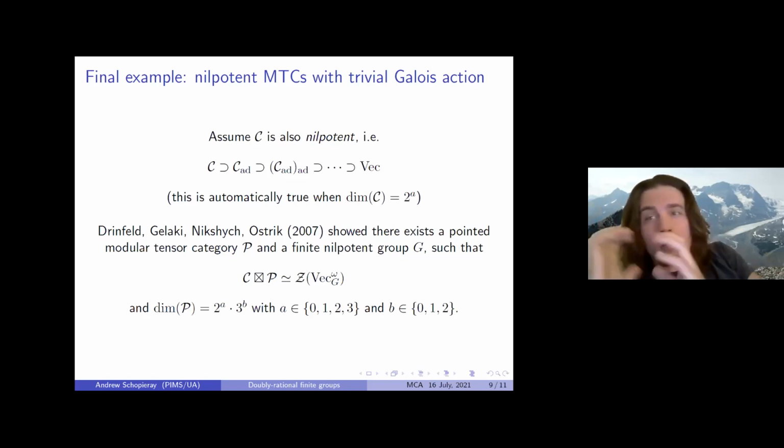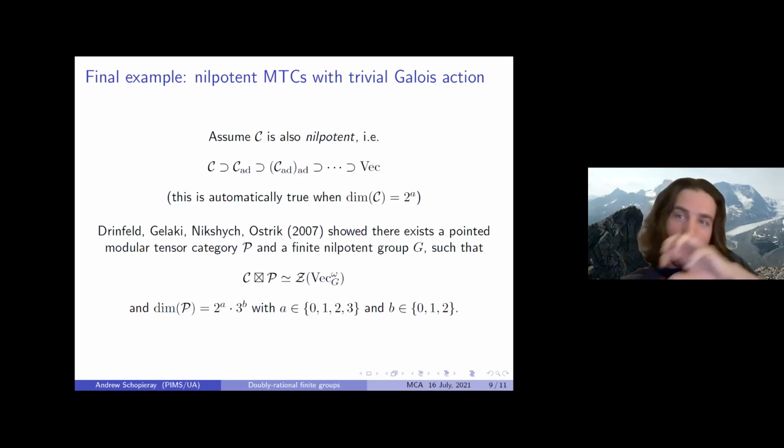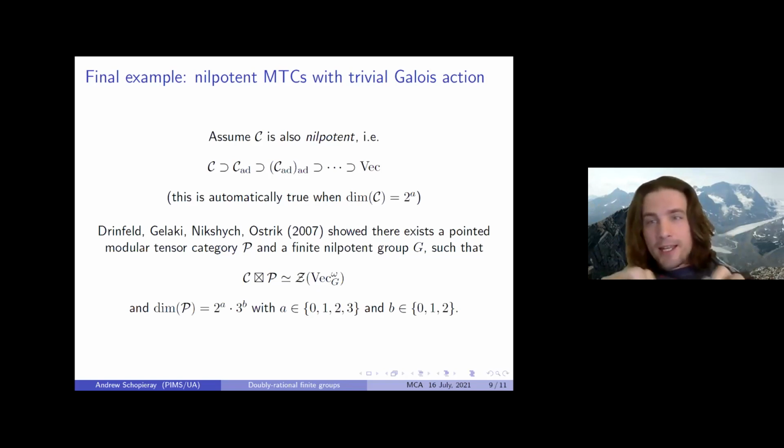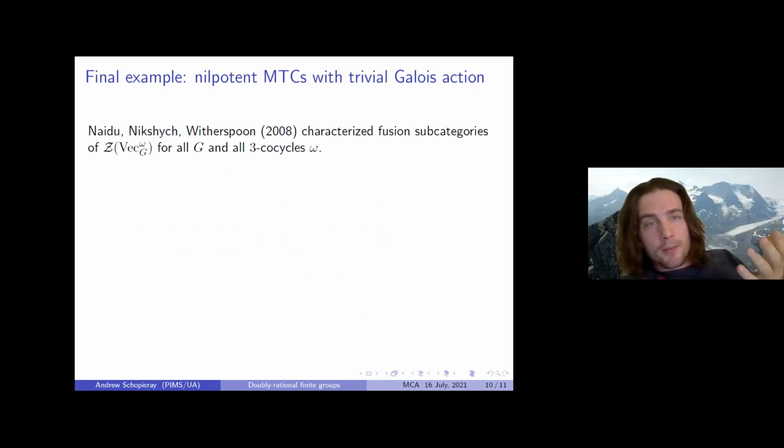So it's very small. So when I say that it is close to a twisted center of a finite group, I mean that in a very concrete way. So our examples, which are nilpotent, actually can be written in terms of some finite group data. But we can be even more specific than this, because we also have a characterization of fusion